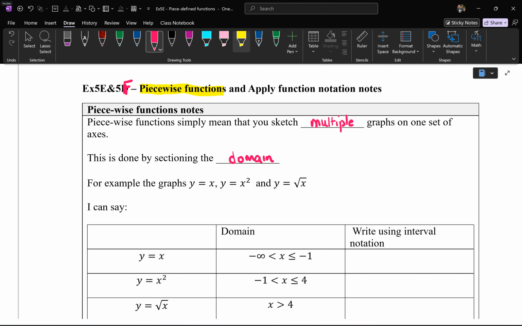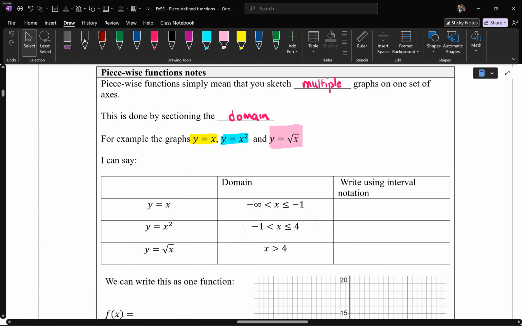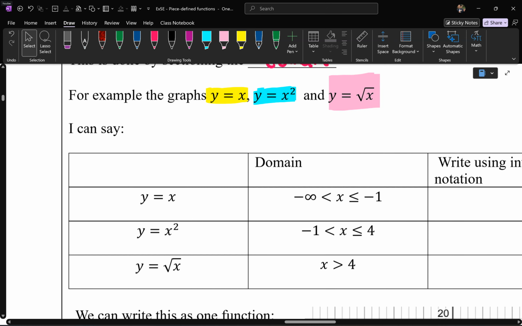So here's an example that I made up. It's not in your textbook. We've learnt linear equations, so I've got a simple one, y equals x. What does the y equals x graph look like? Then the second function, y equals x squared, which you learnt in year 9, year 10, so quadratics. And just recently you learnt y equals root of x, which is a square root function. So what I might do is say on the x-axis,